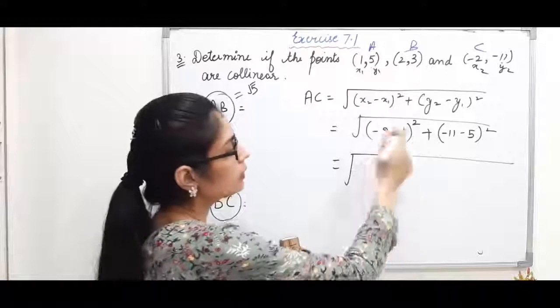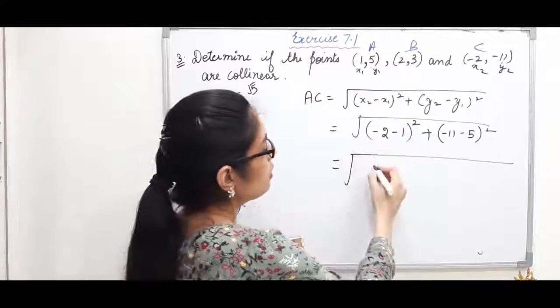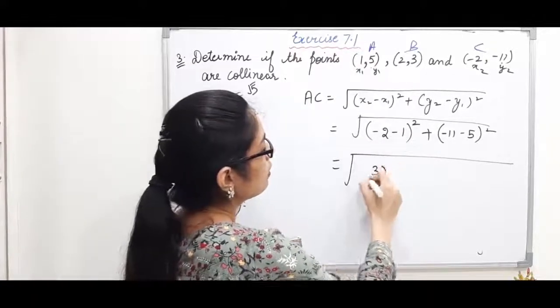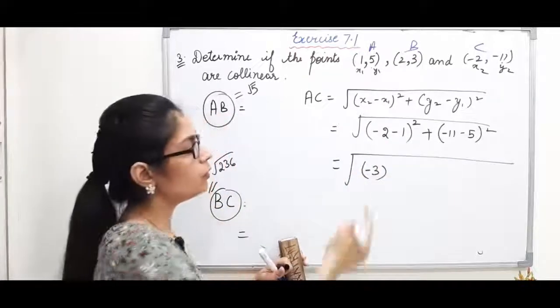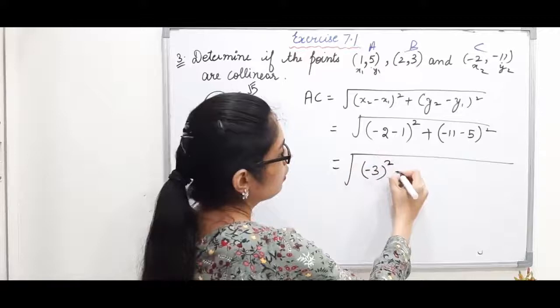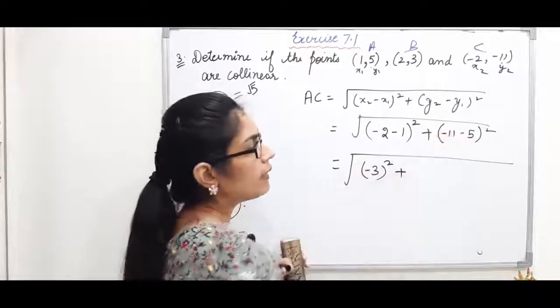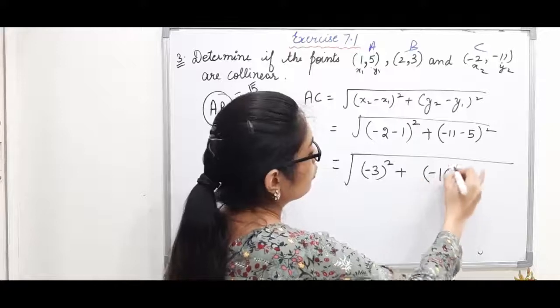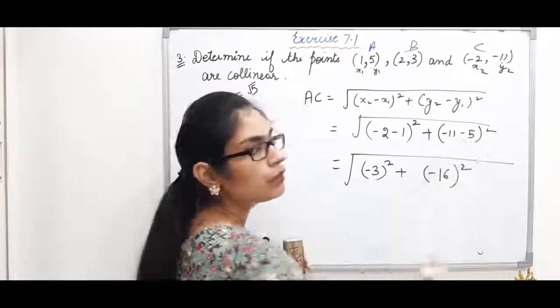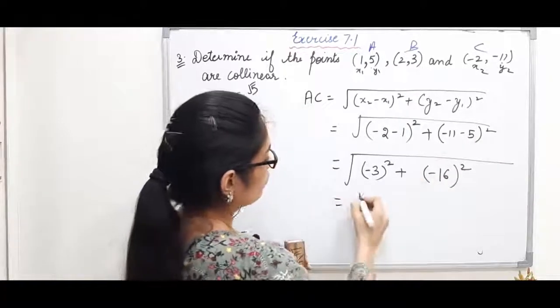Minus and minus is plus, so 2 plus 1 is 3, with a minus sign, because minus is plus with a minus sign. Same here, 11 plus 5 will be 16 with a minus sign. Minus is plus with a minus sign. So if you do